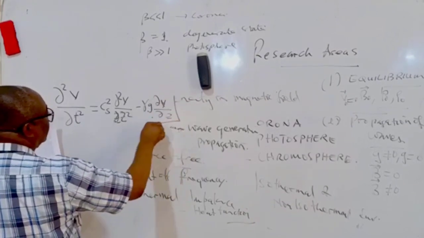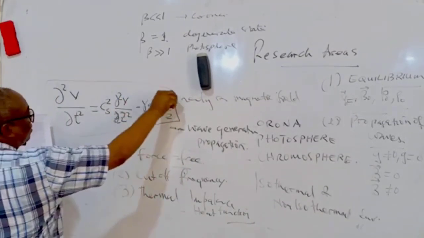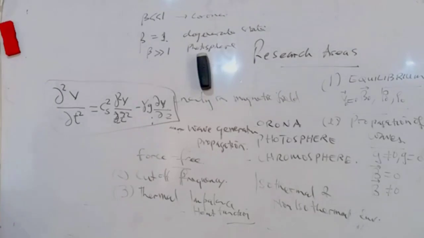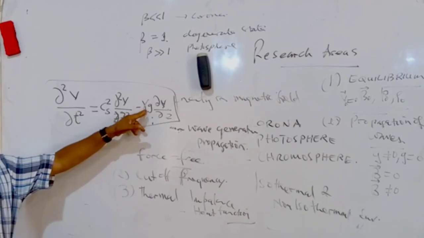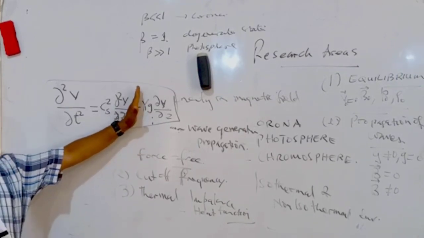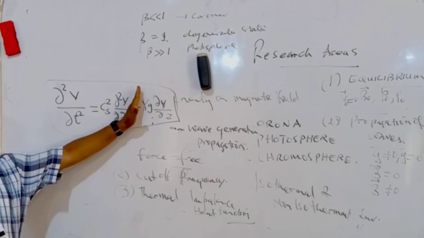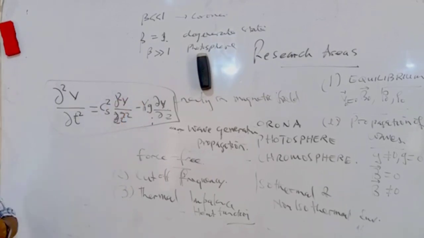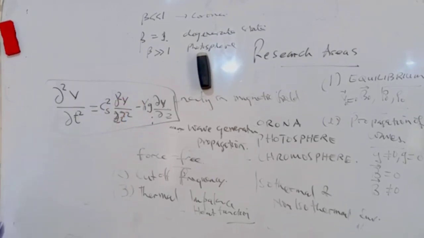Now, you see this equation. We came across this equation, is it not? This is the contribution of G. If I remove this, everything follows, is it not? Okay. Now, what I want us to do,